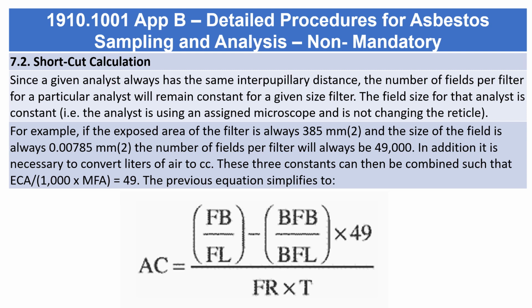For example, if the exposed area of the filter is always 385 mm², and the size of the field is always 0.00785 mm², the number of fields per filter will always be 49,000. In addition, it is necessary to convert liters of air to cc. These three constants can then be combined such that ECA/(1000 x MFA) equals 49. The previous equation simplifies to